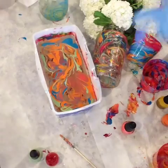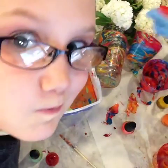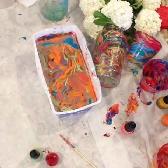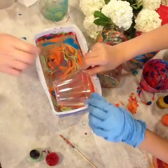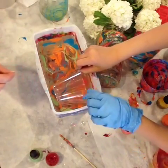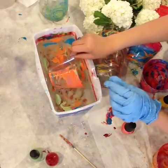How old are they? 11 and 8. Okay, I don't think my 4 and 2-year-old could do this. No, Jamie. Well, you know what, Jamie? They could help you put the daubs of polish in, but it would definitely be something that you would need to...